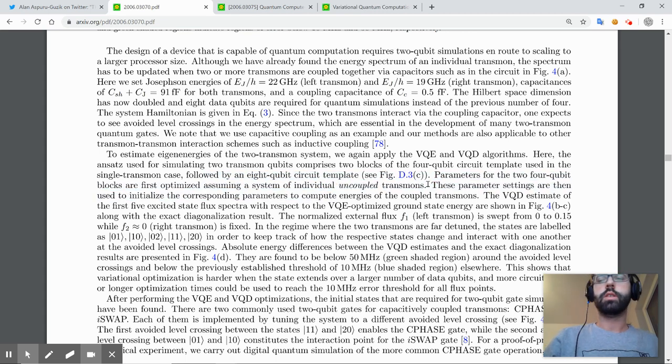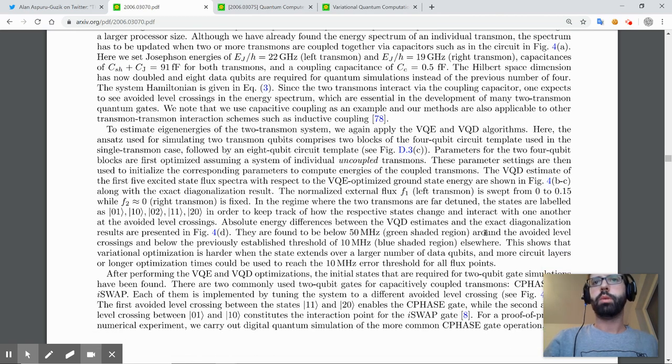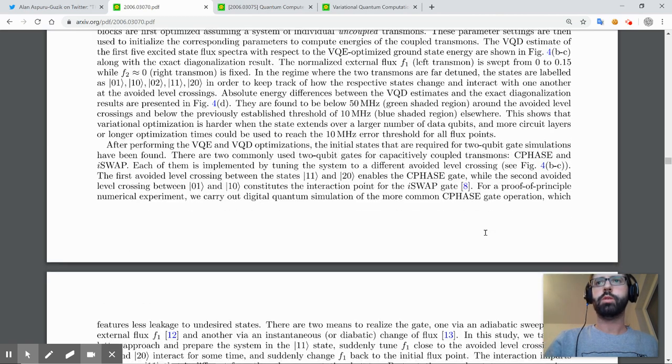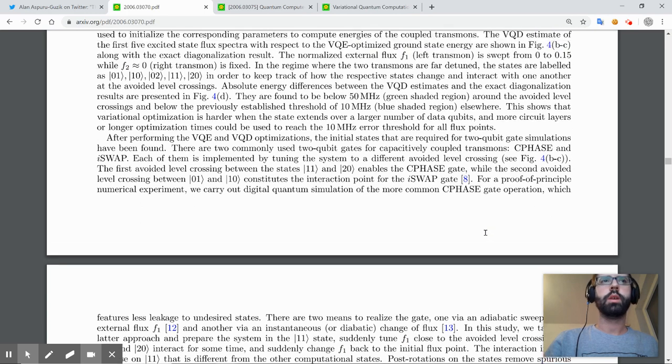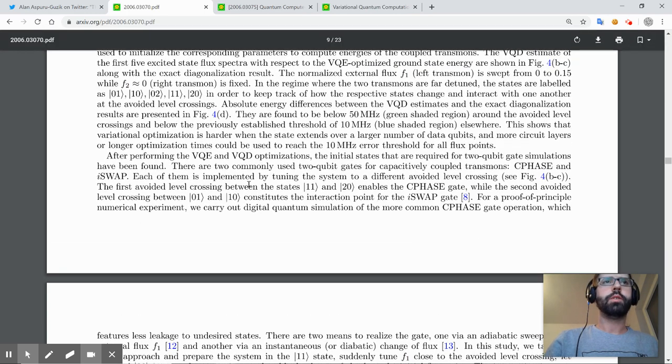D3. Okay, so there is some sort of appendix, I think. That's where probably I should look, because that seems to be a bit more of a summary. After states are labeled. Okay. After performing the VQE,